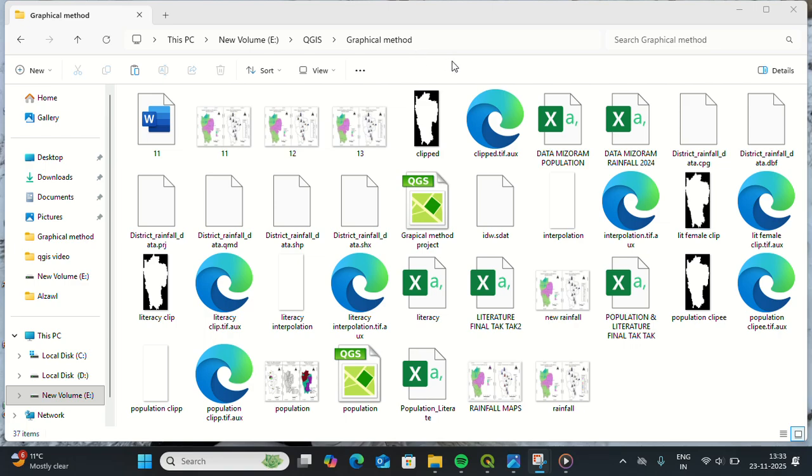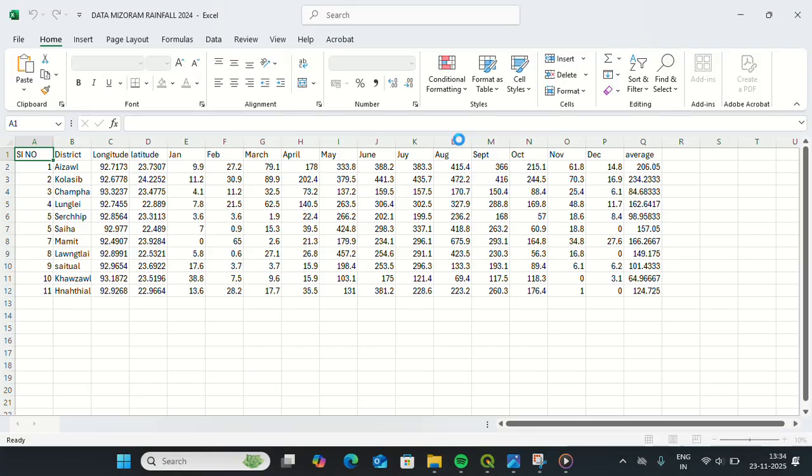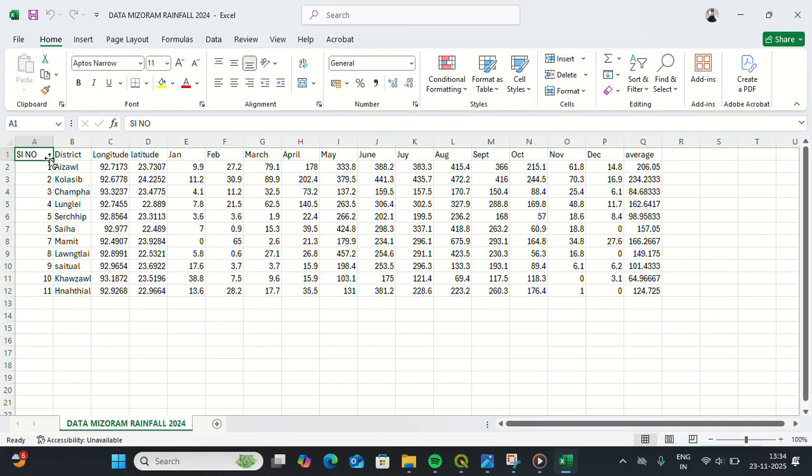Rainfall map in QGIS through Excel data. You need to have Excel. Here is Excel. This is Mizoram rainfall data from January to December 2024, and you can have any other data, depending on your study